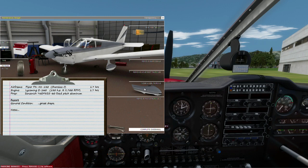A2A are now announcing different licensing models for the different sims, FSX or Prepar3D, and the price varies in Prepar3D at least based on which version of Prepar3D you have. So there is a different price for Prepar3D Academic, and a different price for the aircraft for Prepar3D Professional. You can buy a combination pack for FSX and your version of Prepar3D, and the price in general varies from $49 for the FSX version all the way up to $99 for